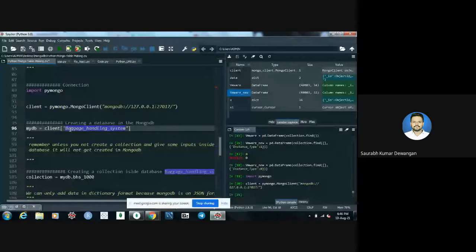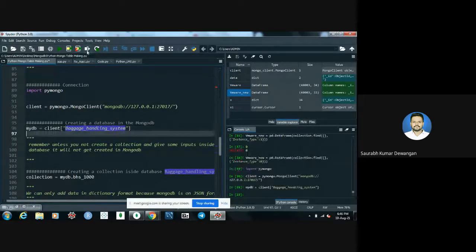So it is a database, friends, not a table name. We are creating the database first here. I have mentioned the client and the database name, and I have stored it in the variable mydb, which is my database, for my understanding. So let me run this line for you. Okay, so baggage handling system is created.